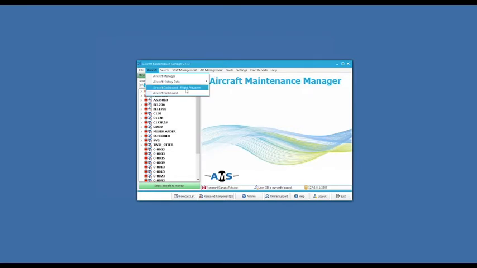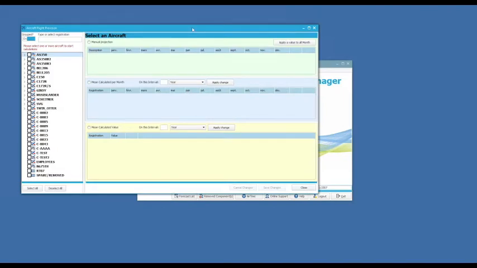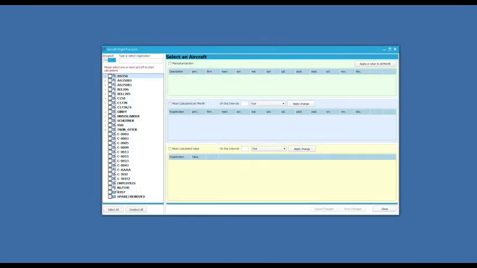So if I open the flight prevision, you will see that you will have all the aircraft that are present in my system. Here it's just a test database, but the idea is to have all your aircraft available in here, even if there are templates or not. And then you will select an aircraft, and you will be able to enter flight prevision for each aircraft, or if you select more than one aircraft, you will be able to insert values for all the aircraft you selected before.